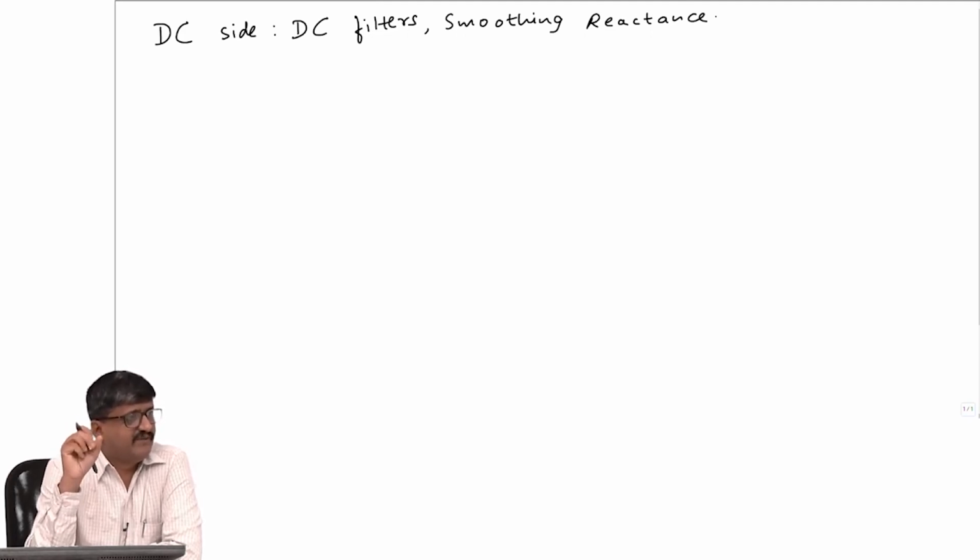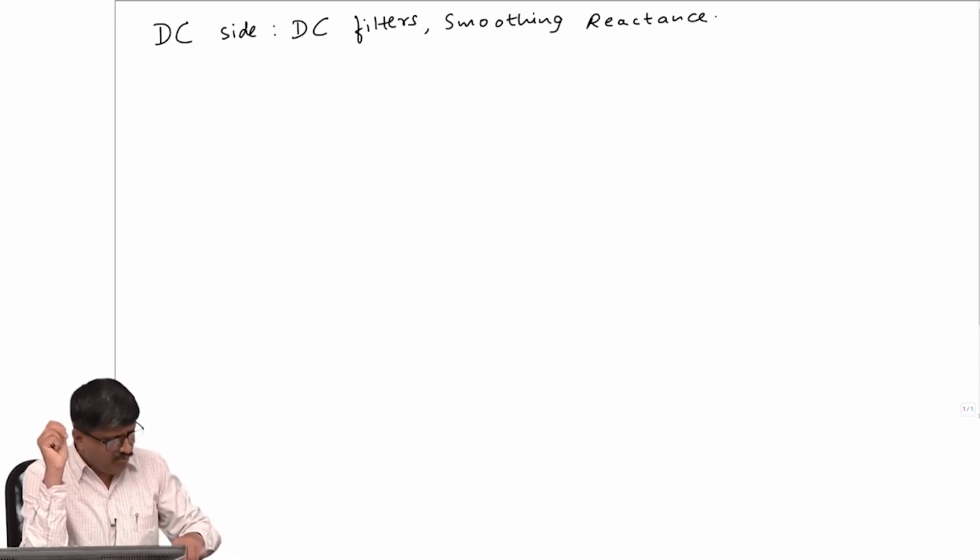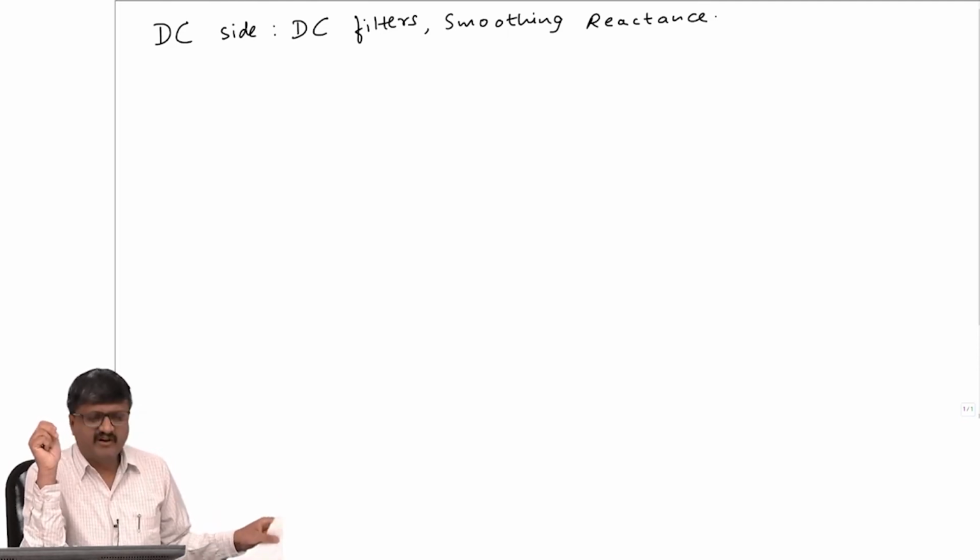See, if you recall, one of the models is just a constant current source on the DC side. Now, that is because of the presence of a large inductance which is called smoothing reactance. So, I will not get into the details of the smoothing reactor or the other DC filter, but one point to notice: